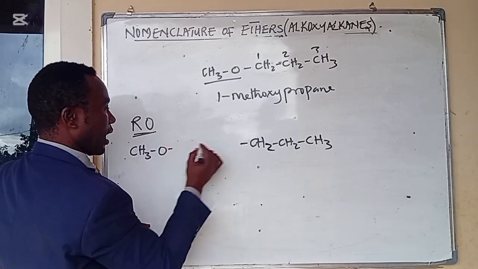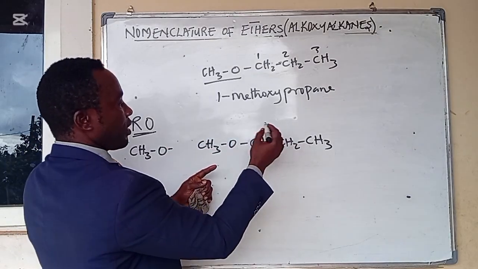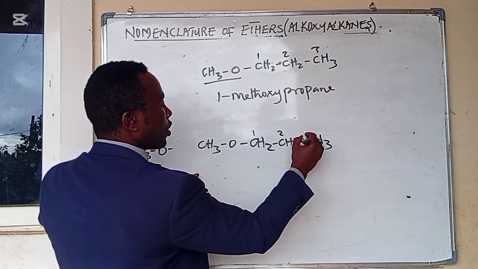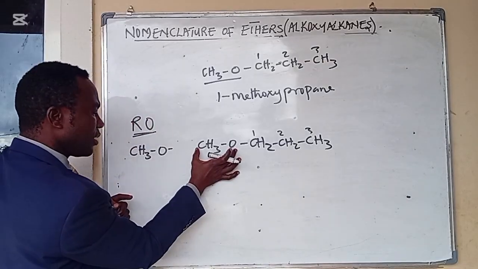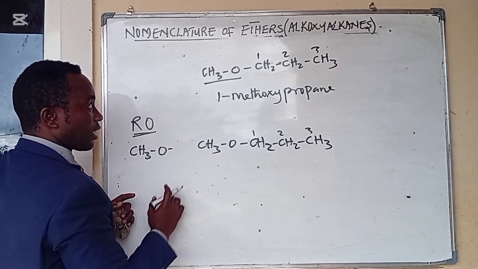Then this will place itself, which is CH3. You can see that before you place this, you would have numbered the propane: 1, 2, 3. So you are attaching the alkoxy at position number 1. That is why we say that